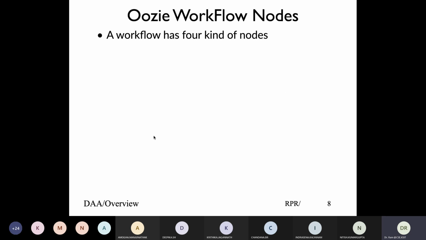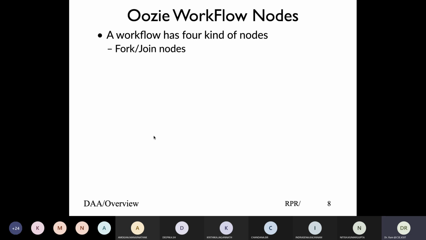Then your third is called the fork and join node. You studied fork in your OS classes or even otherwise. When you write a Java program, you launch multiple threads or you launch multiple processes. Then you wait for all the processes to complete. In C you call it waitpid, and in Java you wait for threads to join.